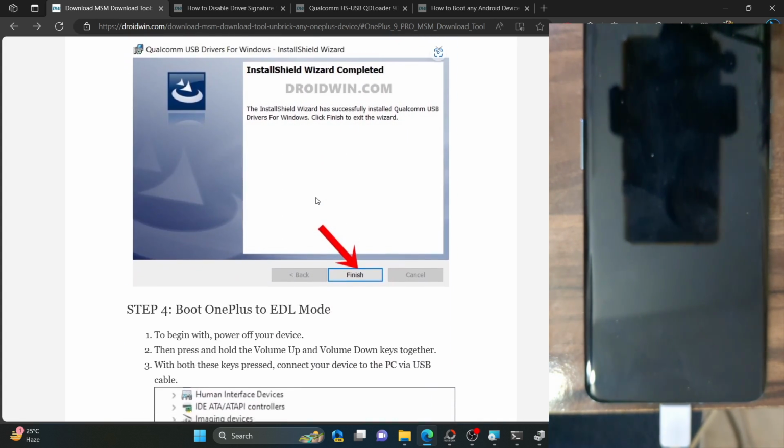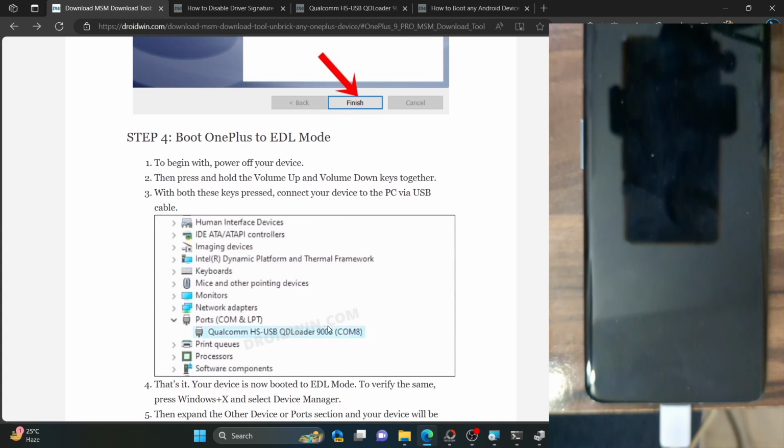But if you are getting the 900E, then it signifies your phone is still in the Qualcomm crash dump mode, even though it might not show in the UI on the front end. In that case, you will again have to boot your phone. First, power off your phone by long pressing the power key or the power and volume up key. Once it gets powered off, press and hold the volume up and volume down keys, and while holding both keys, connect your phone to the PC via USB cable, and your phone will then boot into